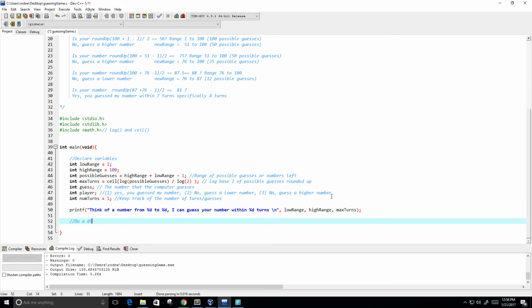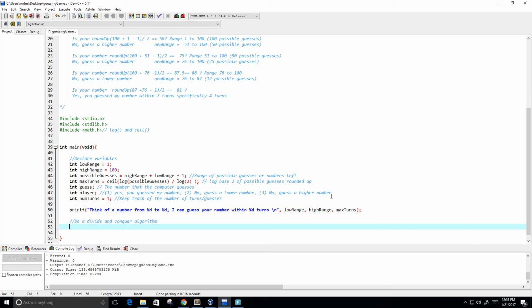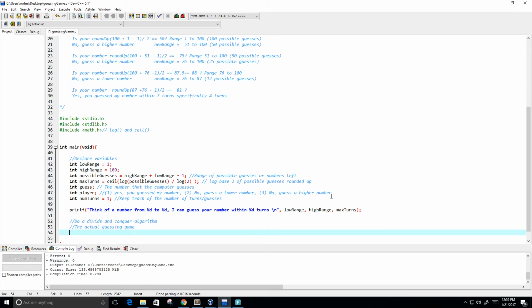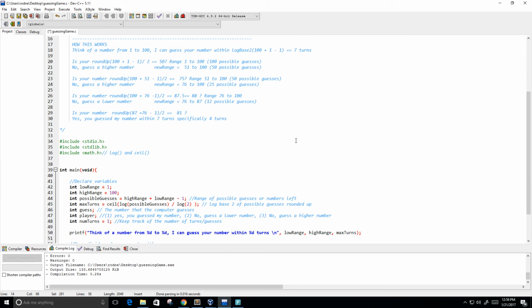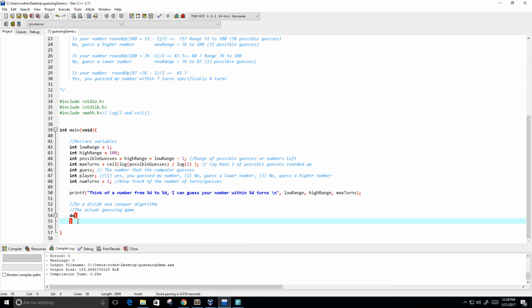do a divide and conquer algorithm. So this is the actual guessing game. So I'm going to create a loop. It's going to be a do while loop. You can see here that we are obviously in some type of loop here. So we need to do a loop. And we're going to do this loop while,